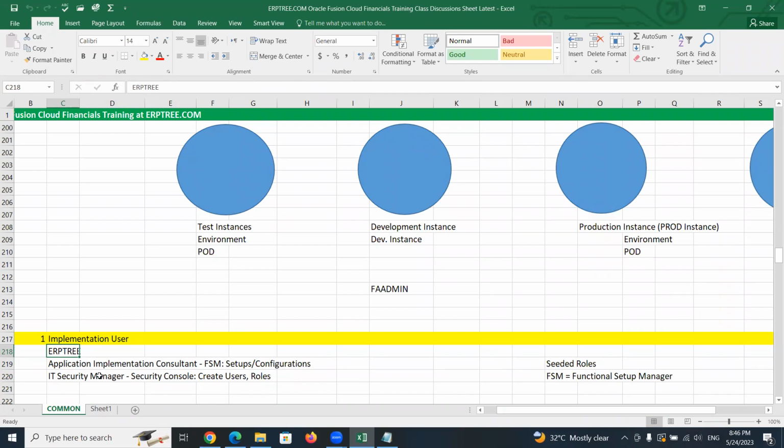From IT Security Manager, you can access the Security Console, and in the last session we verified we could navigate to the user creation page also. We created the implementation user and verified it. Before we proceed with the next step, from the last two sessions, are there any questions from anyone, please?